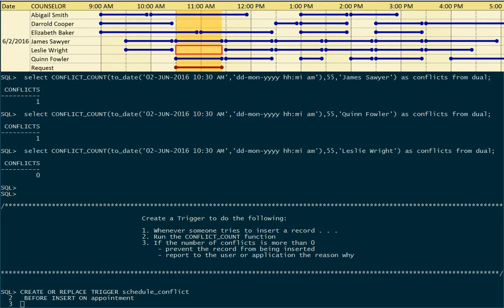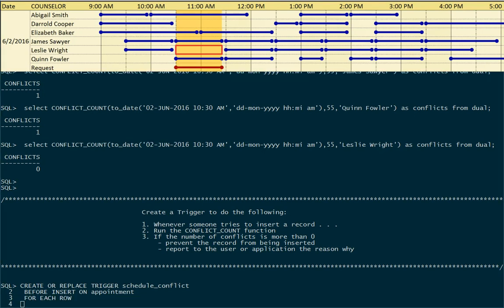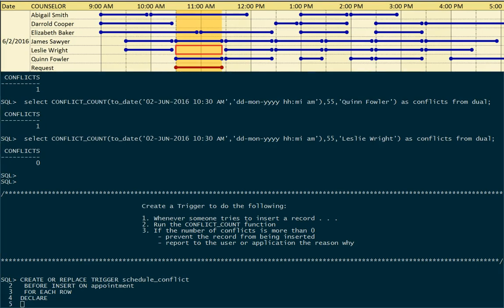Now we're going to tell it how often we want it to execute. So it's possible for one insert statement to insert multiple records. By default, this trigger would run just once for that insert statement that's putting multiple records in. And so we want to validate every single record, and so we'll put the for each row clause here as well. Now we're ready to declare any local variables that we might need, and we will want one because we'll